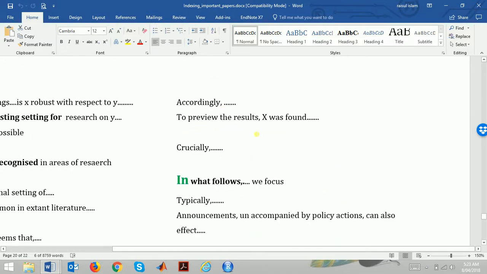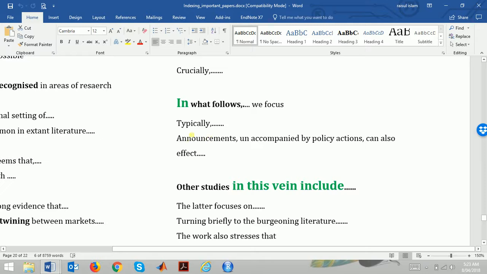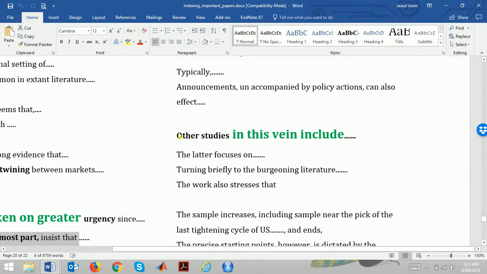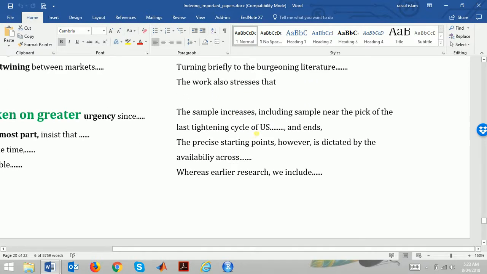Accordingly, to preview the results, crucially in what follows, we focus. Typically, announcements unaccompanied by policy actions can also fail. Other studies in this vein include the latter focuses on turning briefly to the burgeoning literature. The work also stresses that the sample increases, including sample near the peak of the last tightening cycle of years,